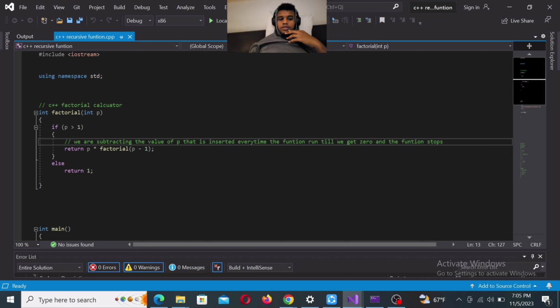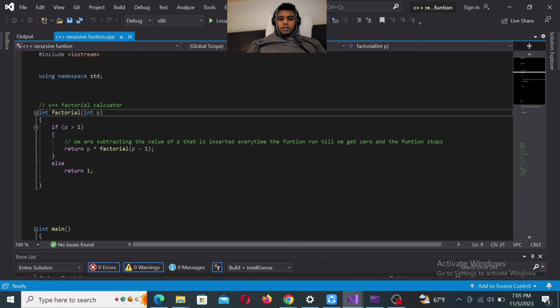So here's the function itself. It's going to take an integer variable, and as long as p, the variable input, is greater than 1, we're going to return the function to itself. And how we're going to return the function to itself is we're going to say return, and since we're doing factorial,